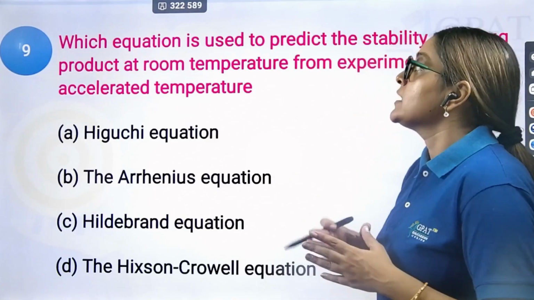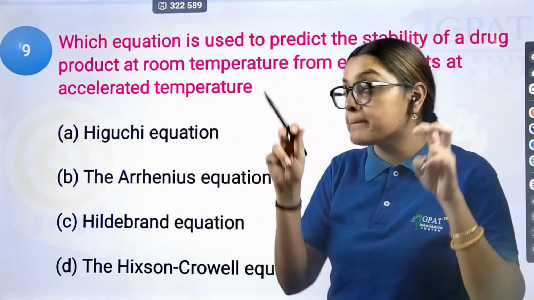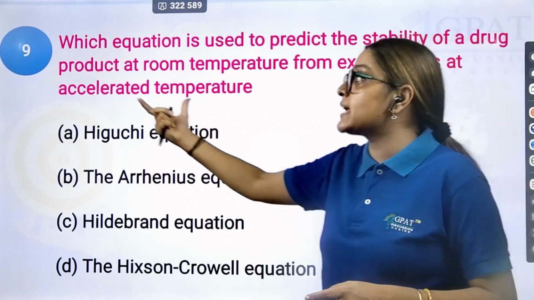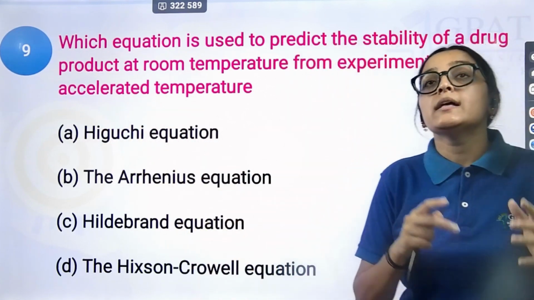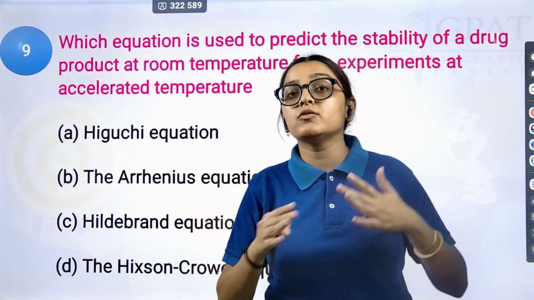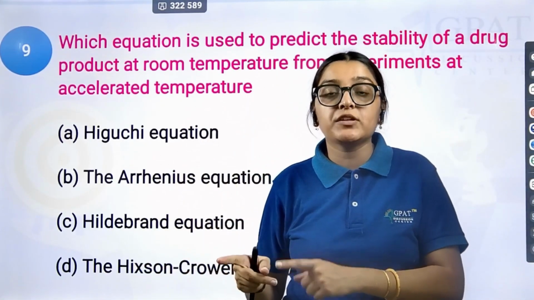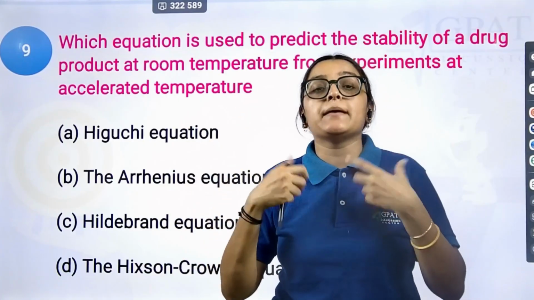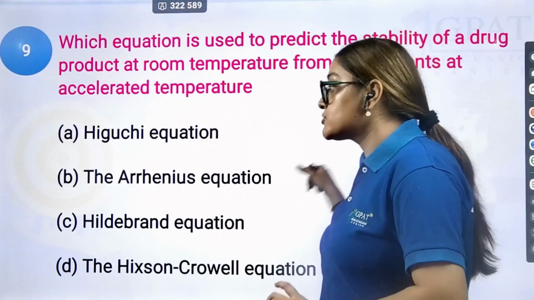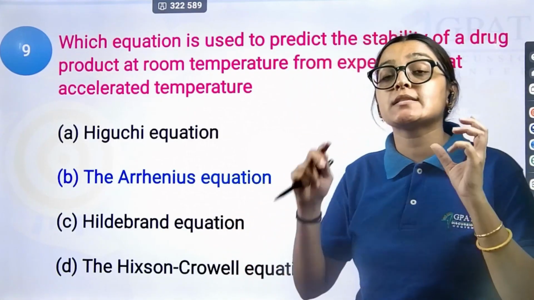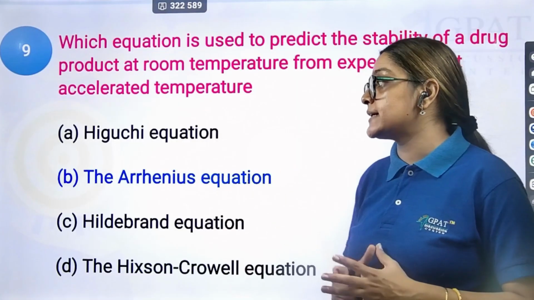It says the equation used to predict the stability of the drug at room temperature from experiments at the accelerated temperature. Right before this question, I have already told you that how the reaction is progressing deals directly with the stability of the drug. Now that depends on the temperature conditions as well, from the Arrhenius equation, right? So the expression of the Arrhenius equation is very important, and